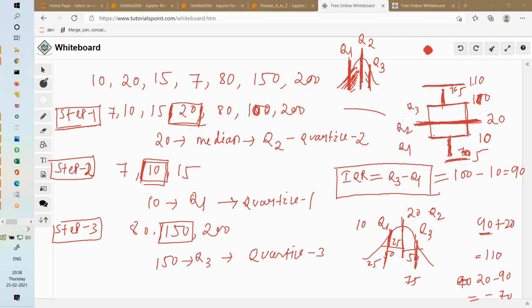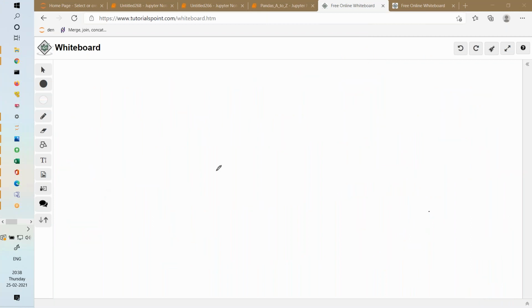Let me repeat, and I'll also show you an example by the graph. If you see any box plot like this, you will see values like this. So what will you understand? Let's say this is how the box plot is. This is, let's say, 70. I'm just taking random values. This is, let's say, 30. And this is, let's say, 10, right?